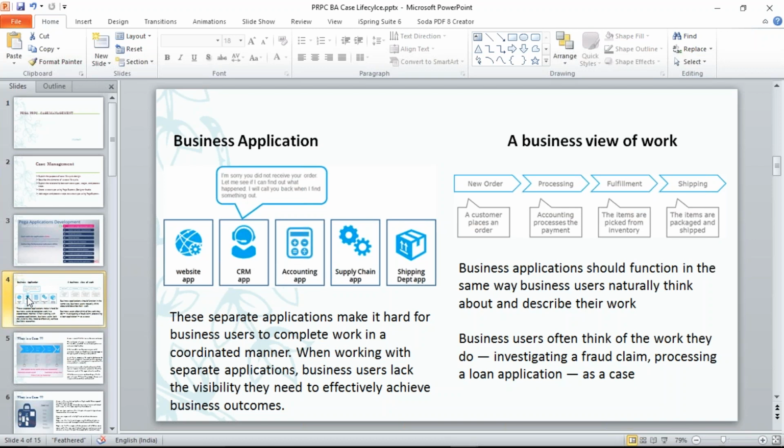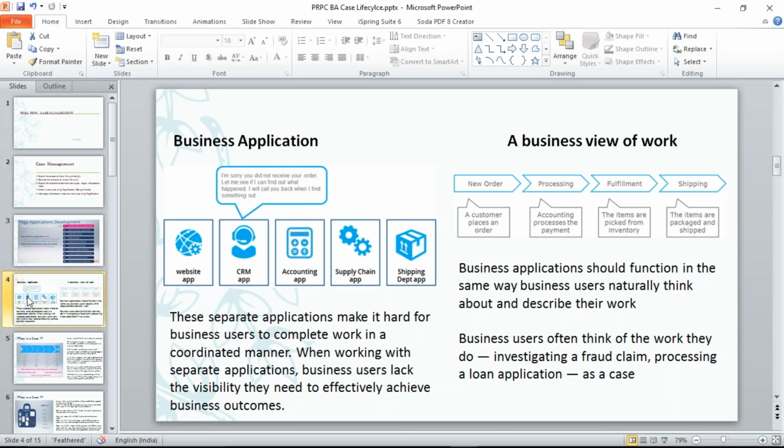So in case design, we can have multiple actors, there can be multiple systems, and we can give the data from the multiple systems in a single place. So that is one more approach Pega uses to design case management. And another approach is that case management is all about how the business looks at the work.